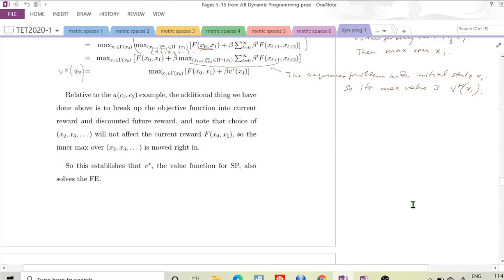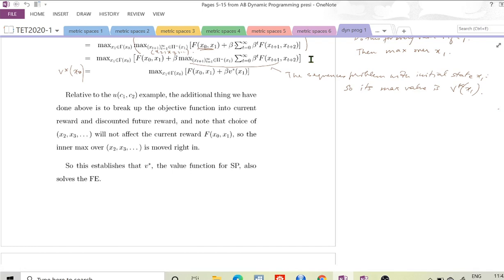So I want to start by picking up from where we left in the last lecture. And that is, it may be helpful to refocus a little bit on this second term, when we break up the maximization problem that we had into current reward and a max over feasible plans for the future starting in period t equals 1, right? So let's do that a little bit more generally and ask ourselves,